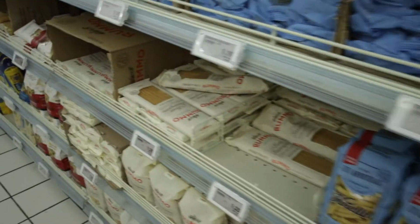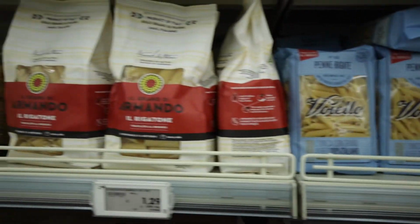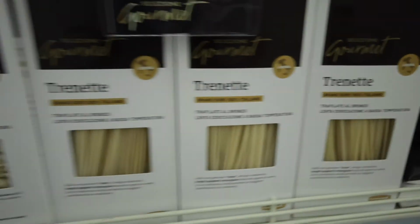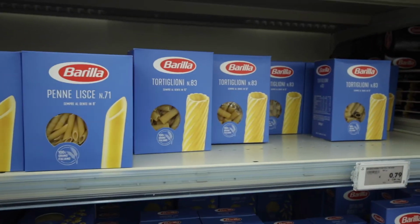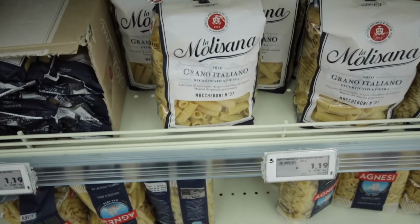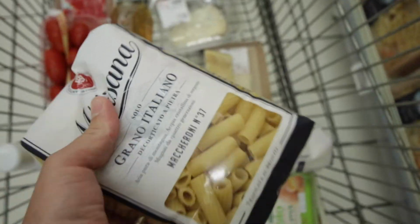Since mac is for macaroni, I thought that a good start would have been to buy the right type of macaroni. But surprisingly, that was not so easy. So what we have here: the rigatoni, penne rigate, trenette, wow, that's good, fusilli bucati corti, i tortiglioni, le penne lisce. Don't buy penne lisce, they're really horrible. And then there's something else over there. Ooh, look at that! Macaroni number 37! My lucky number! I thought to find macaroni all over the place, but...